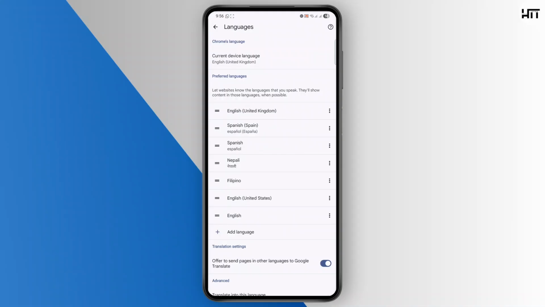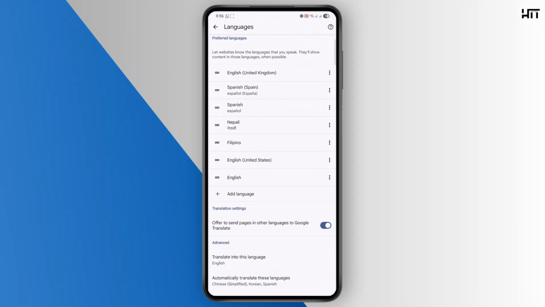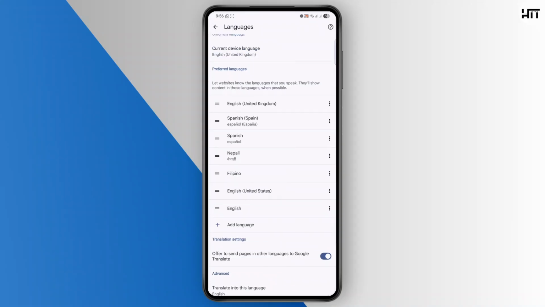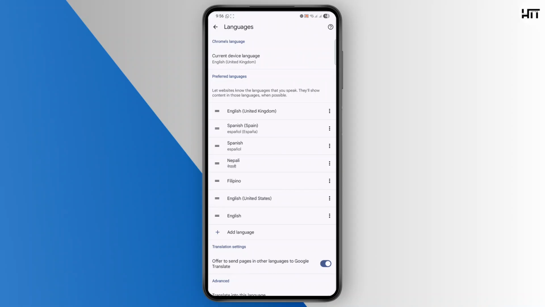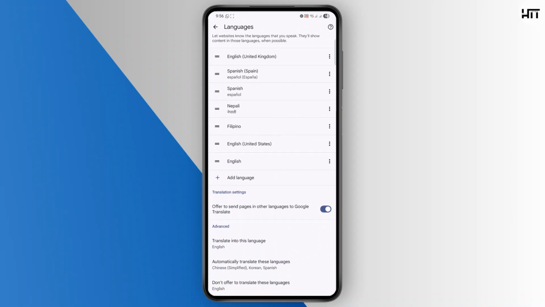It will show you all of your preferred languages, and if you don't have other languages and if the page shows the other languages, it's going to automatically offer you to translate it to English or whichever default language you're using. Then to turn it off, all you have to do is just go to the translation settings and turn